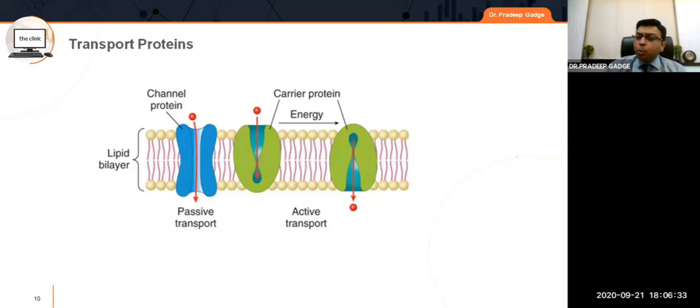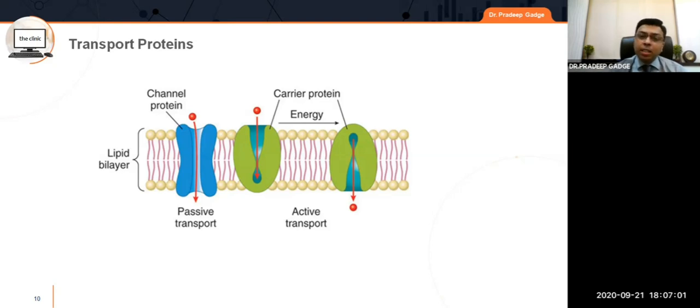So there are various transport proteins in the human body which help transport certain molecules in and out of the cell. I'm not going to go into the details of every type of transport protein, that is not required in today's talk. So the basic two things which I'll discuss today are channel protein and carrier protein. So we are specifically going to concentrate on the carrier proteins. Carrier proteins are of various types.